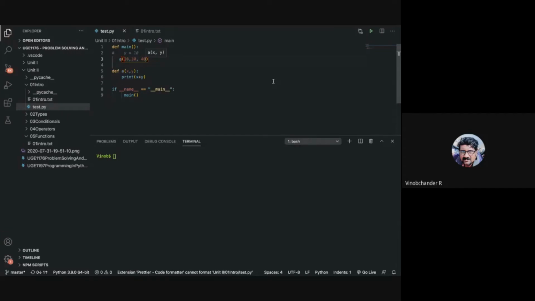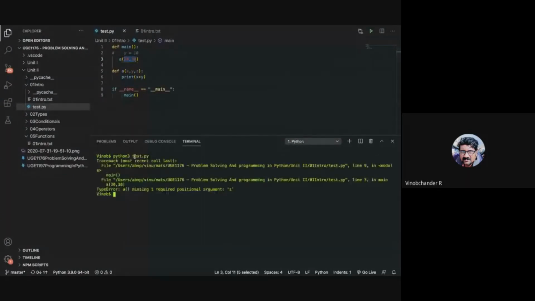If I have defined the function with three parameters, x, y, and z, and pass two arguments, what do you think will happen? Error. It is going to be an error, right? You have defined three parameters but you are passing two values, so this is an error.